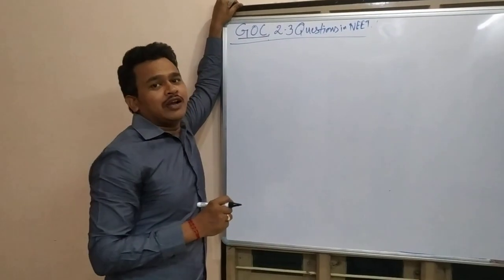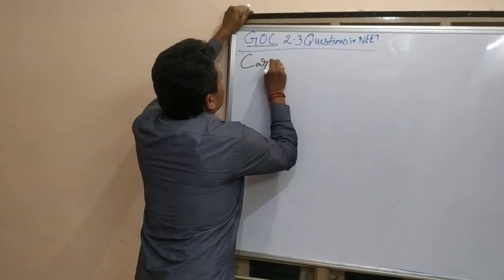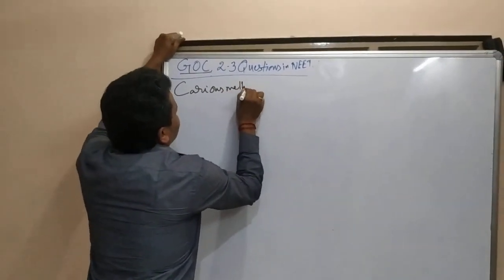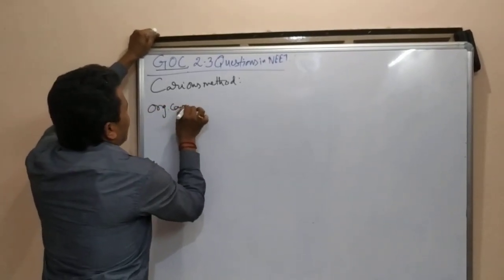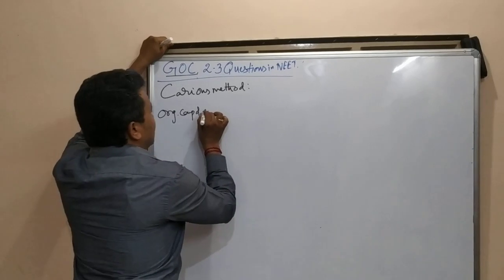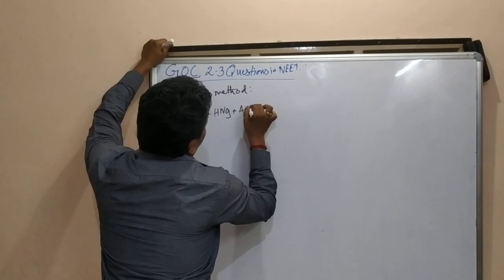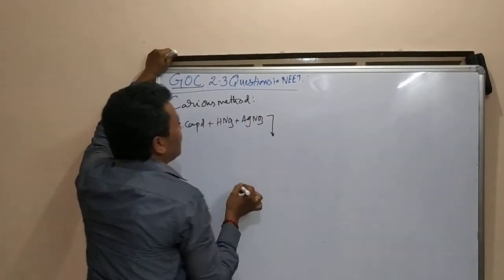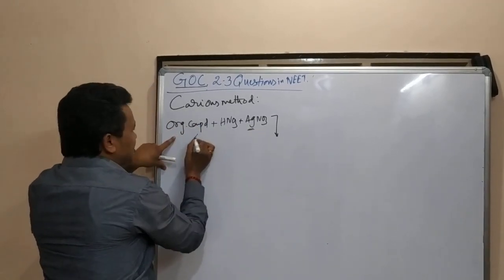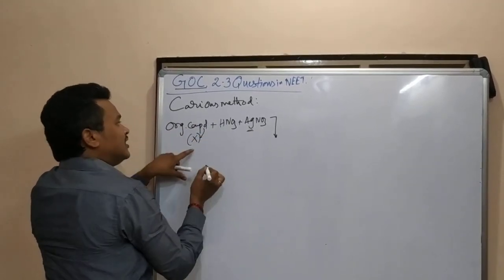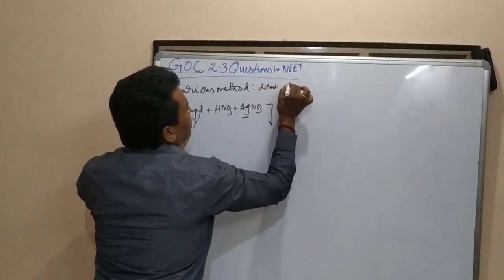And the other method to detect halogens is the Carius method. What is this method? Here also the equation is important. We take one organic compound containing the halogen, add some HNO3, and after that add silver nitrate, AgNO3. Here the Ag is going to react with the halogen present in this organic compound. That is our method, to detect the halogen.